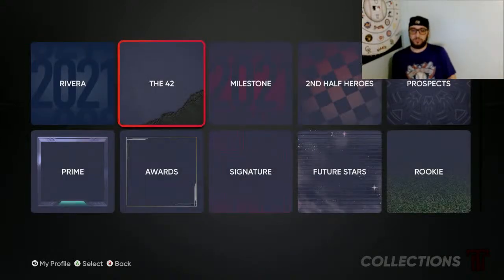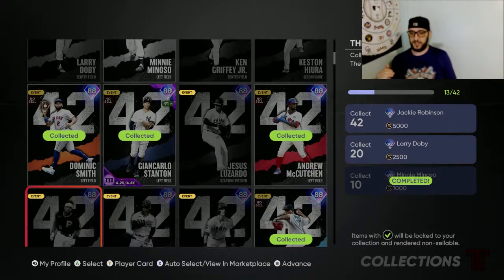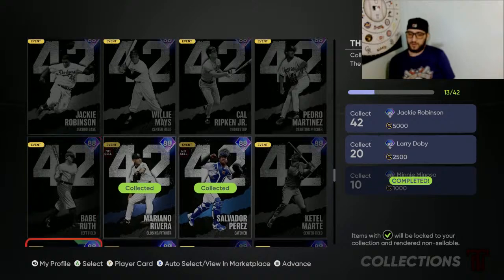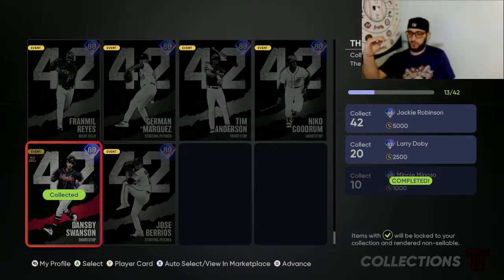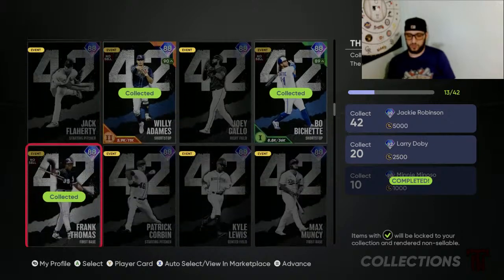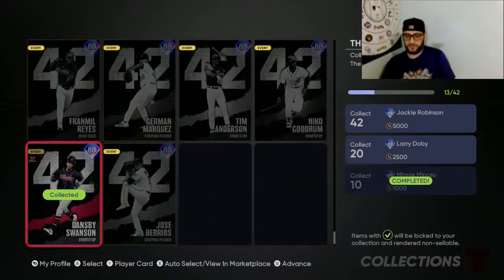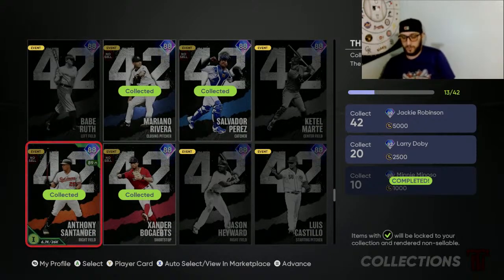So let's just go through everything. The 42, if you chose to do it, you would need 42 of these players, which means you would need all of the Team Affinities. Yeah, so you would need to get all the Team Affinities, because there's 4, 8, 12, 16, 20, 24, 28, 32, 36, 40. There's 42 exactly. So you need to do all the Team Affinities, get all the ones that came in the